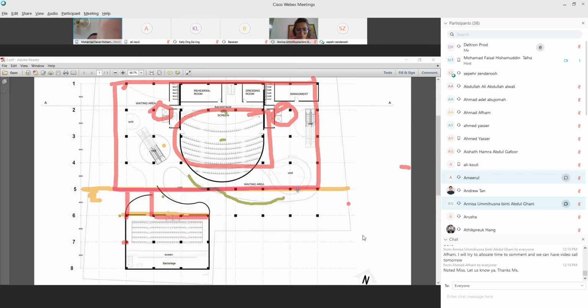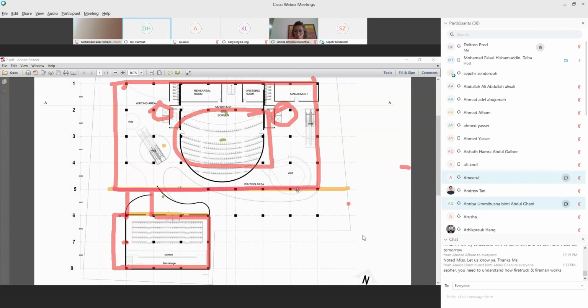Mr. Faisal, who is that? It's Diri Hamza. Yeah, why? Sir, can the fire access road go halfway of the building and then a roundabout take it back to the same exit that the fire truck entered? No. Or does it have to be entrance from one side and the exit from the other side?